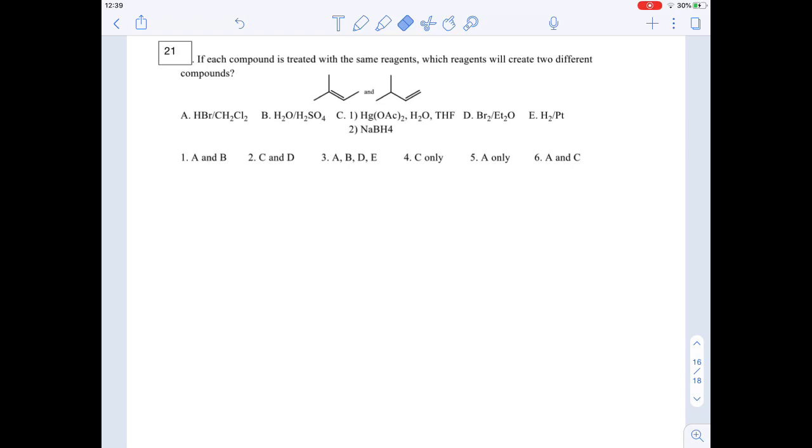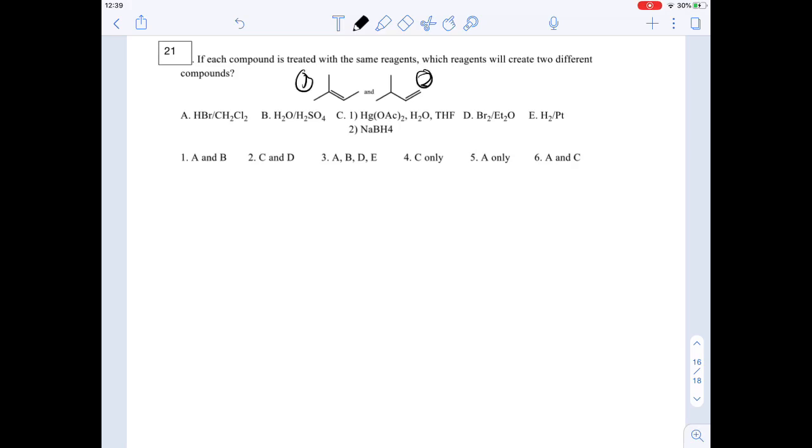Multiple choice 21 asks, if each compound is treated with the same reagents, which reagent will create two different compounds, but that's the same thing as saying two different products. So it's similar to the question that we did before, but they wanted two different compounds with this creating the same product. Now we have two different compounds with two different products. So just make sure that you read the questions carefully because they could ask you the same question in different